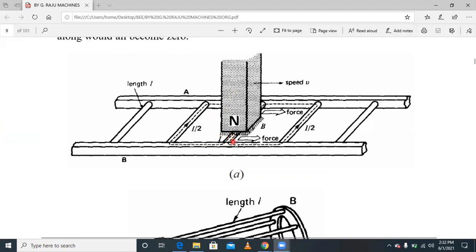Because of that, if this current is high, the current strength in this conductor is high. Because of that, the Lorentz force acting on this conductor is also high. The force acting on this conductor is high when the current is high. Understood? For example, let us assume the stator field is rotating at 1000 rpm, and the rotor is also rotating at some speed.